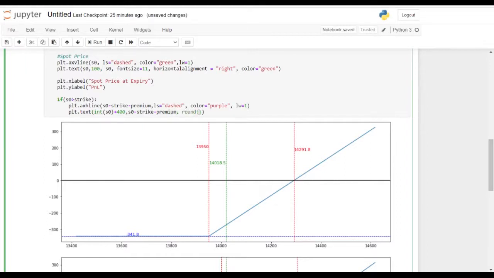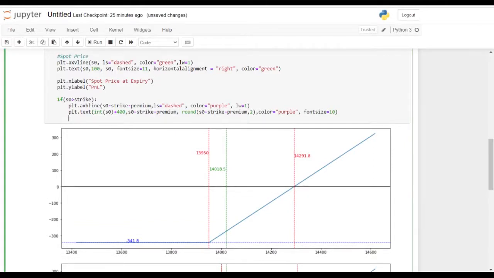For the label, we won't just post the value stock price minus strike minus premium, because that would be a floating digit number which would give us some garbage, but we just need 2-digit precision. So we are using the round function available in Python, and we'll round it to 2 digits, right? Color equals purple, font size equals 10.